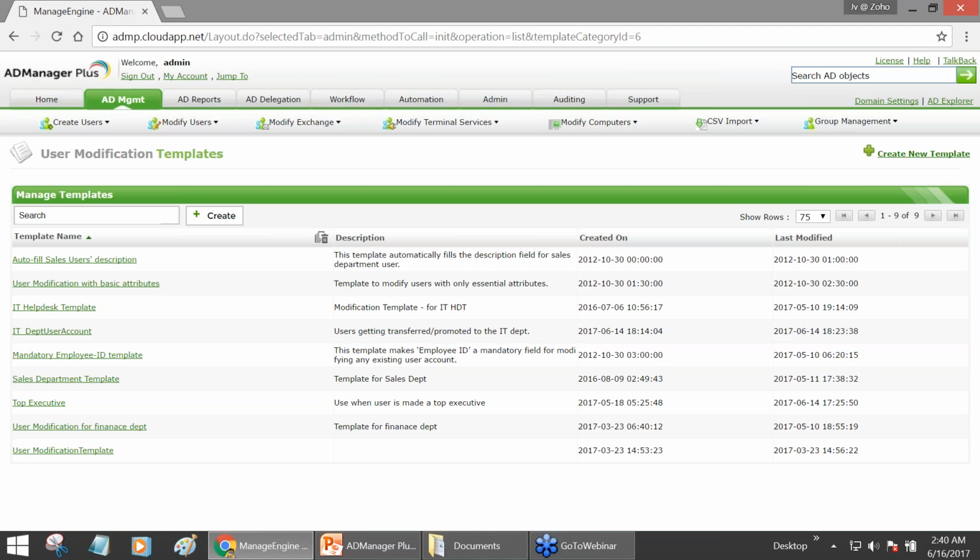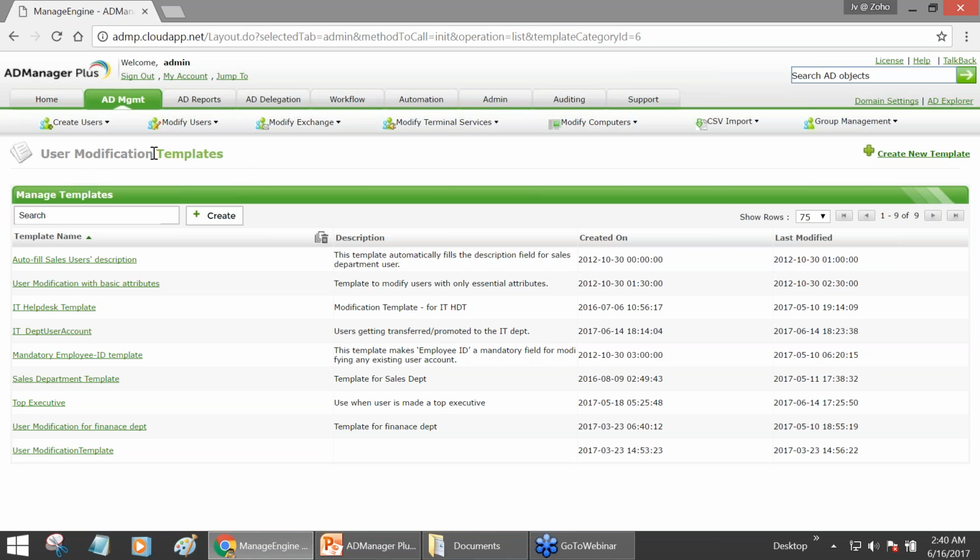The answer is very simple and straightforward. You can save not just a lot of time but a lot of effort if you create user modification templates based on details such as your department, based on details such as your roles. So ideally you can have values for different roles or departments preset. So right after a transfer happens or right after a department change happens or even right after a promotion is given to an employee, all of that can be quickly initiated, quickly incorporated, quickly altered using templates called the